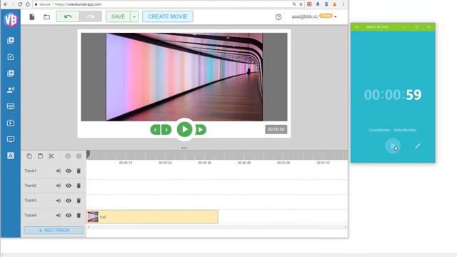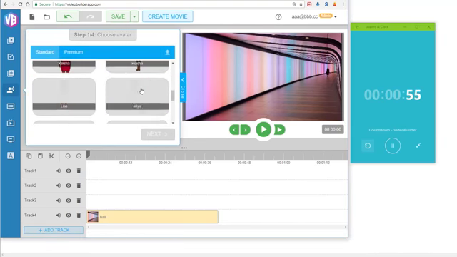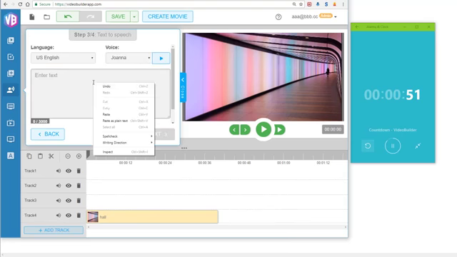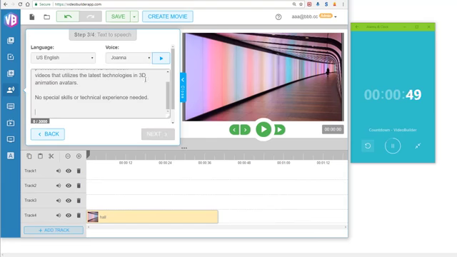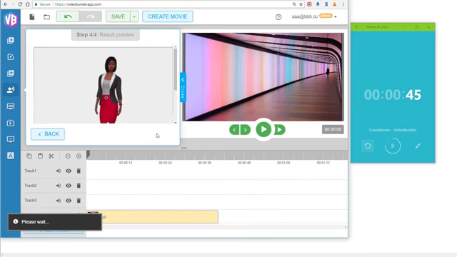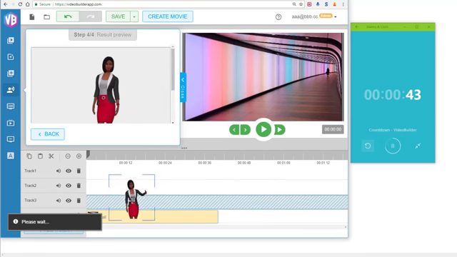So let me hit that countdown timer right now. So the next thing that we would do is we would need the avatar, right? So let me click Keisha here and then click next. I'm going to click import speech. I'm just going to go and click paste here, and then I'm going to choose a voice. You can just click import speech here and click next, and I'm going to drag and drop her into the